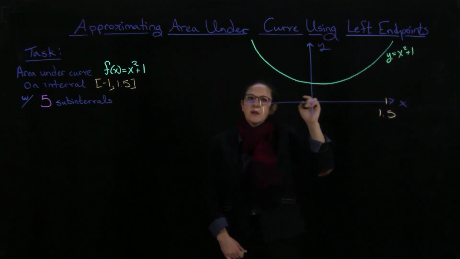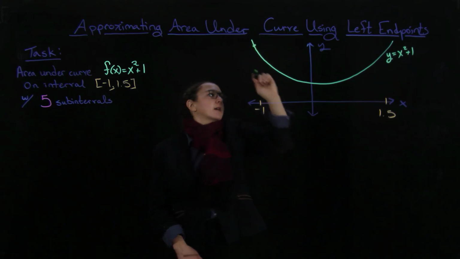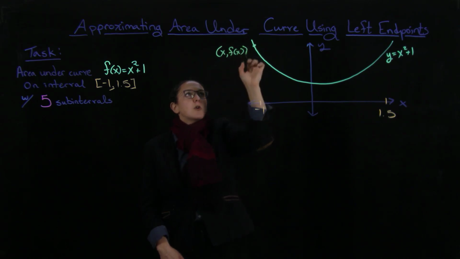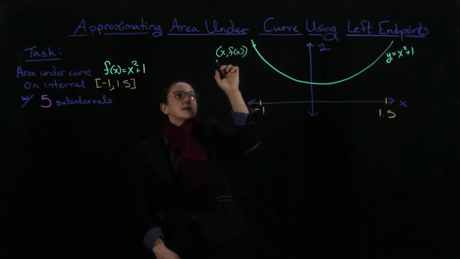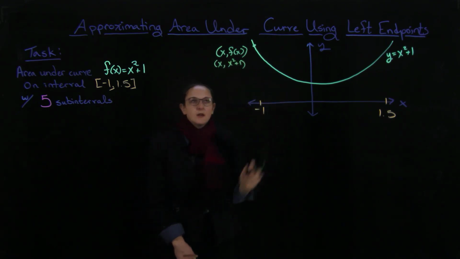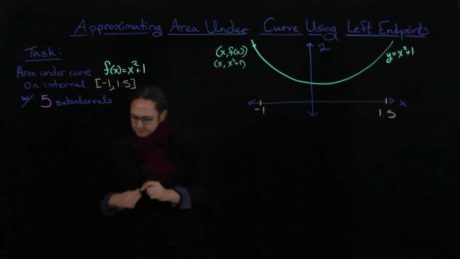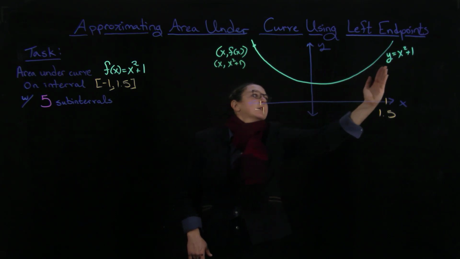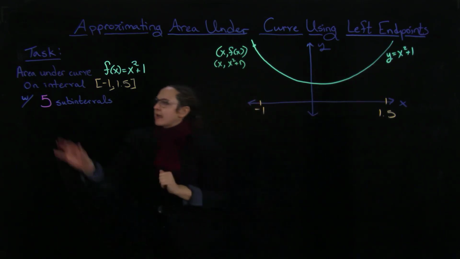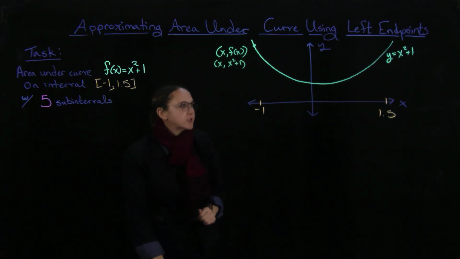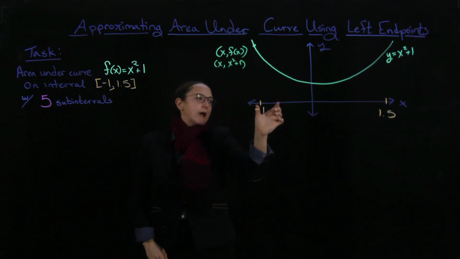And just to remind yourself, what does it mean that this is the graph of f of x equals x squared plus 1? It means that a point on it is x, f of x, or in other words, we can write this as x, x squared plus 1, just to give us a little bit of orientation as to what's going on. Okay? And so I'm looking at the area underneath it in this interval, but I'm going to divide it into 5 subintervals. So the first thing I need to figure out is, how do I divide this into